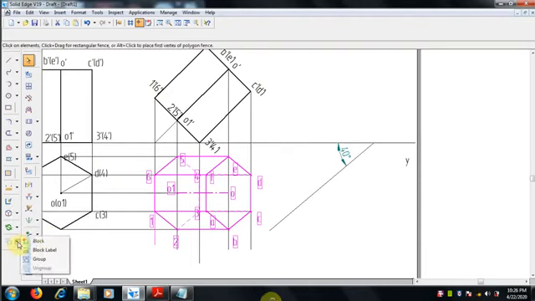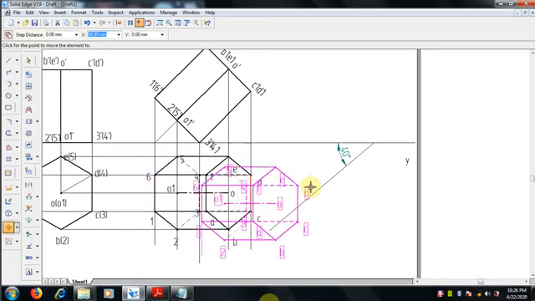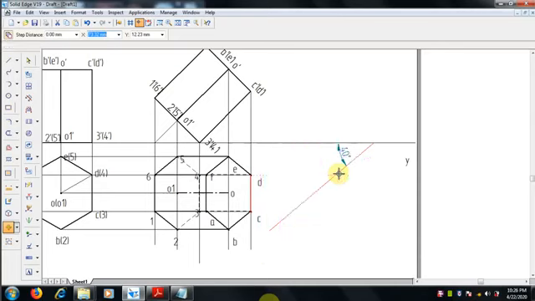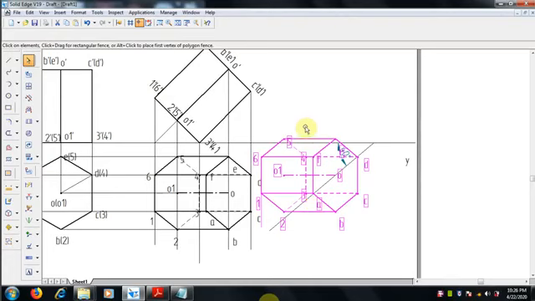Next we have to move. Okay, select move command, make a copy move, and we can select through the axis, whatever it is, we are going to keep the axis on the inclined line. So select the entire view and moving point. Okay, point to move, that is O I am selecting here, and I will keep the O here. Now it is moved, a copy is moved here.